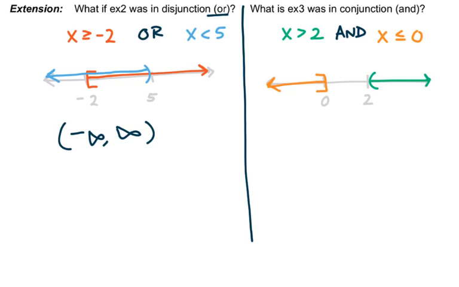So where can I pick a number on this number line that will work in both of these sets at the same time, that works in the orange and the green region? And is there a point on these lines that would be in both the orange and green simultaneously? And the answer is no. In this situation, there would be an empty set as our solution. All right, so that's kind of a further extension into thinking about these interval notations